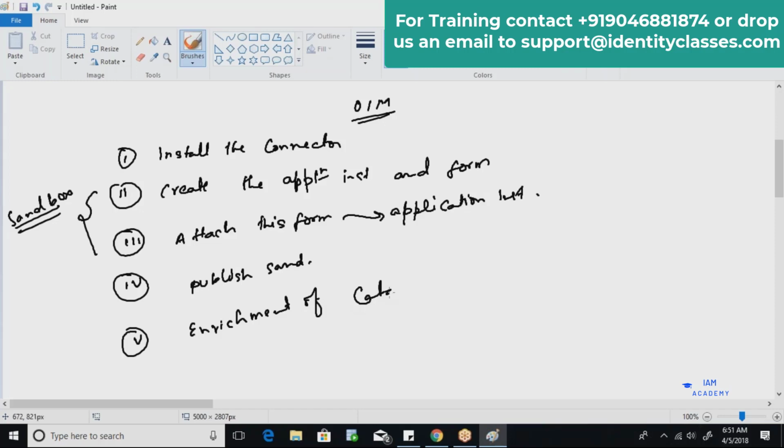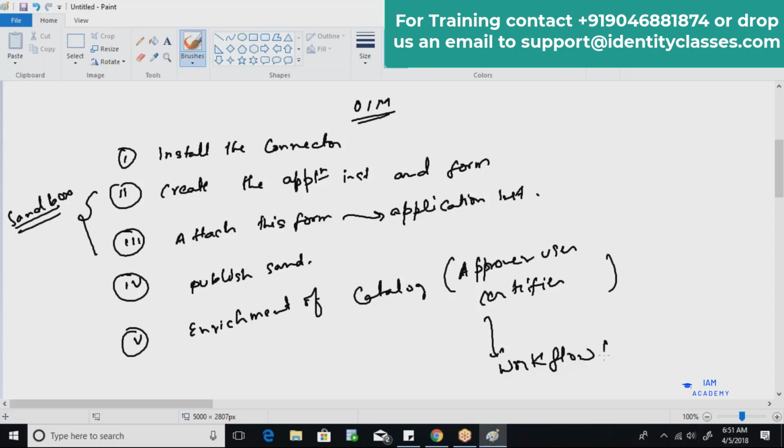Once we publish the sandbox, we are going to do the enrichment of the catalog, like who are going to be the approver users, certified users, if you want to use certification. All those details we are generally going to feed into the application instance details. Now the moment we have done this, if you want to create any sort of workflow rules, you can create them for that particular application instance or entitlement.